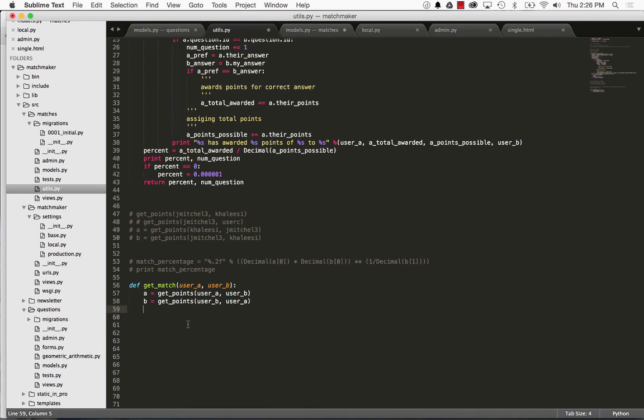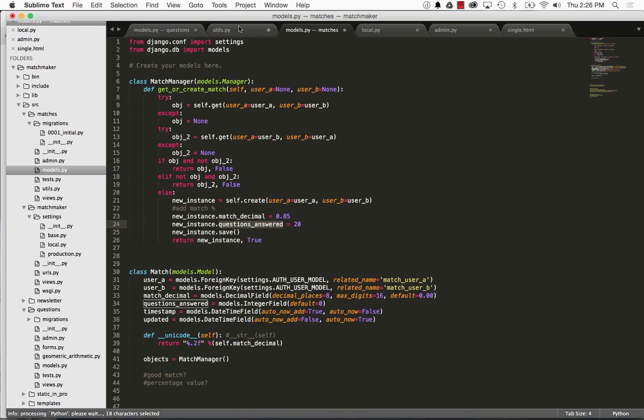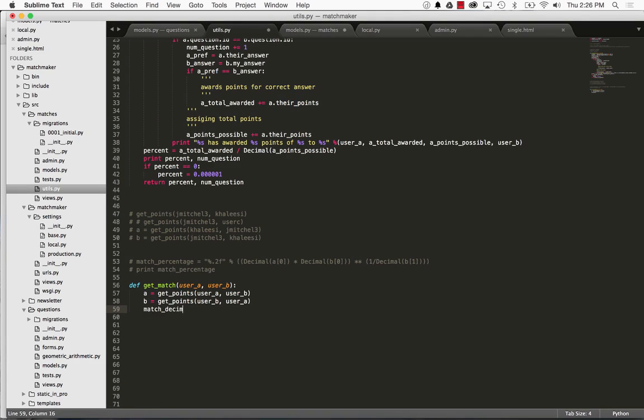All right, so now that we have these points, we want to actually get the decimal value, which if we look back in here, we're going to call it match decimal and questions answered. So we'll call it match decimal equals, and we have to do the geometric mean here, so it's going to be the decimal value of A0, because remember A is sending back two things. Then we're going to multiply that by the decimal value of B0. Okay, so that's one half of it, and then we want to take it to the nth root, which in this case n will be the decimal value of B1,